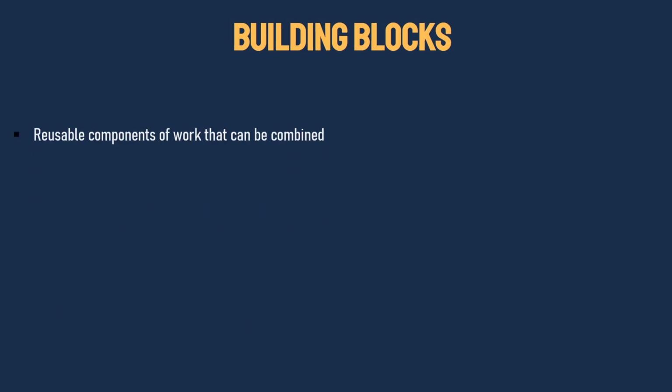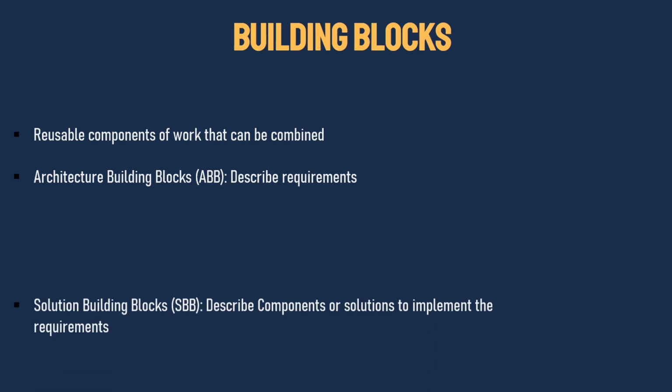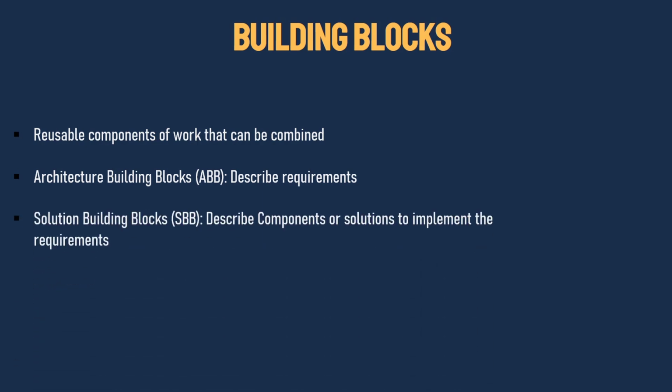Building blocks are reusable components of work that can be combined. There are two major types: architecture building blocks and solution building blocks. Architecture building blocks basically describe requirements. Solution building blocks, on the other hand, describe components or solutions required to implement those requirements. So, a solution building block may be an actual piece of software, whereas an architecture building block might be something